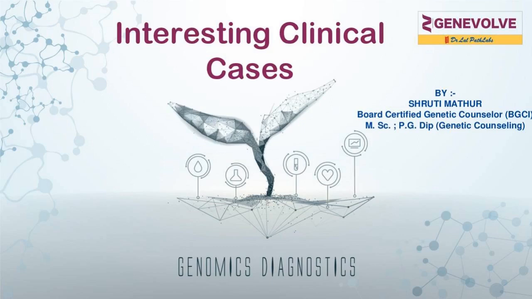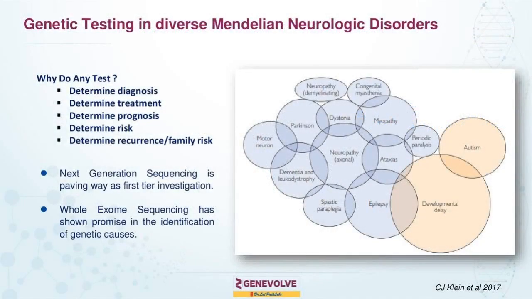To start with, just a general slide overview, taking the example of the neurology segment. If you can see on the right side, it mentions the overlapping features that we tend to observe in different clinical categories in neurology. As such, you can see dystonia, development delay, ataxia, epilepsy. They all tend to have overlapping conditions and symptoms. So whole exome sequencing can play a crucial role instead of single gene or even targeted analysis.